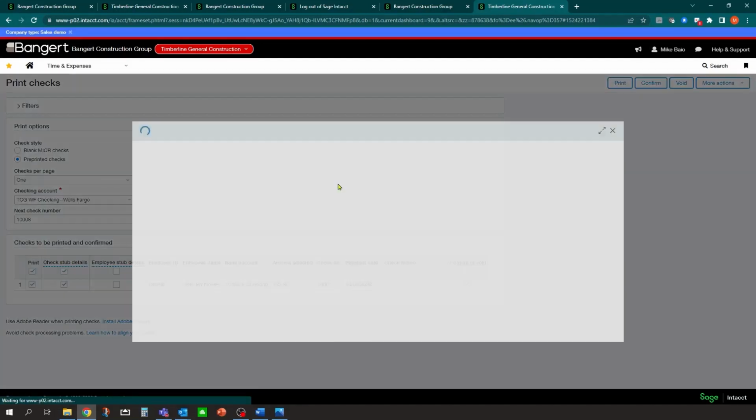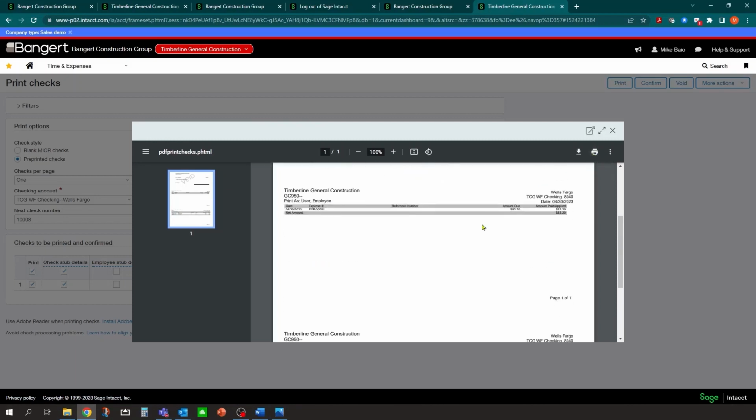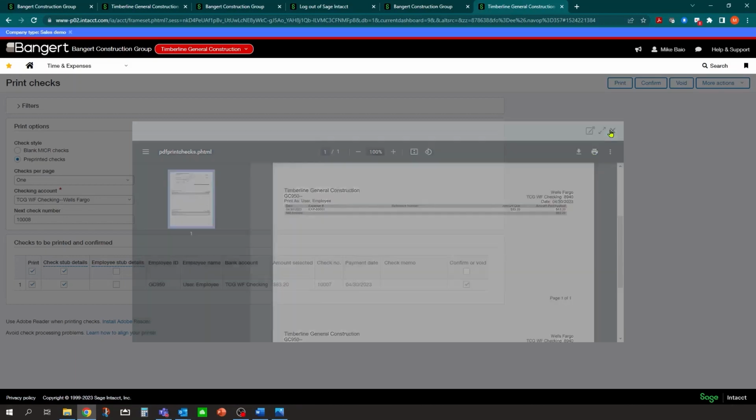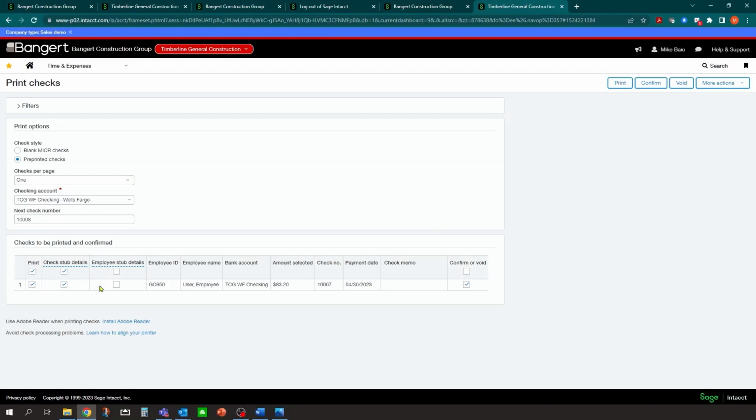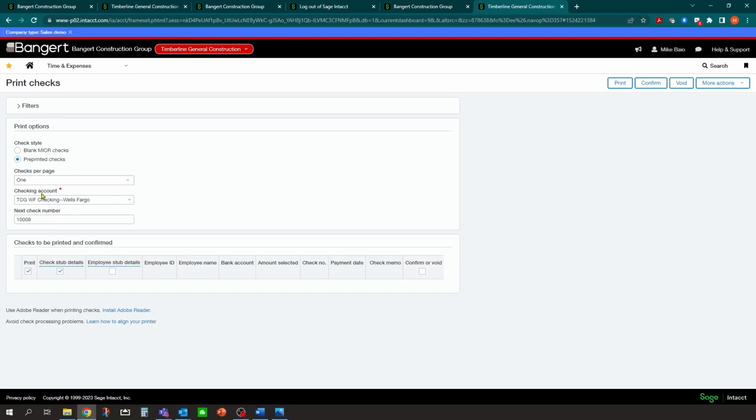And once you hit print, it prints out a preview of the check, and this is where you would put your checks in the printer and then click the print button once you're ready to go there. Okay. And I'm going to assume it printed okay. And so now I have to confirm it. So now I'm going to check off confirm. Once you print, it automatically selects the confirm. And then I just say, yep, it went okay. Confirm. And that check is now posted through the system. So you've actually written a check and posted it for an employee expense.